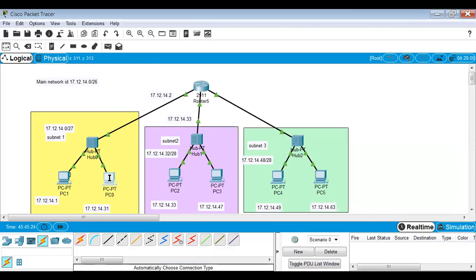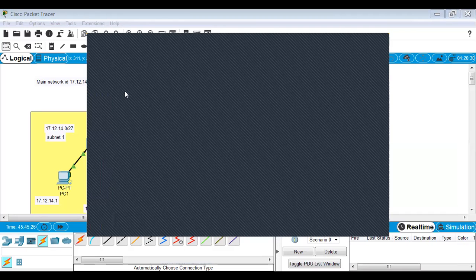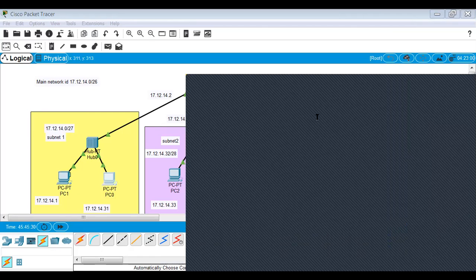Similarly for the other PC. Okay, so if I just click here, it comes as a class A address. We have to give the proper subnet mask. 224 is for 27 bits.